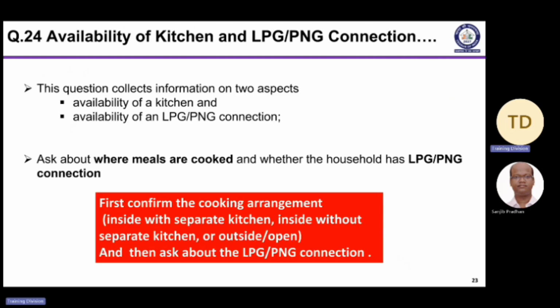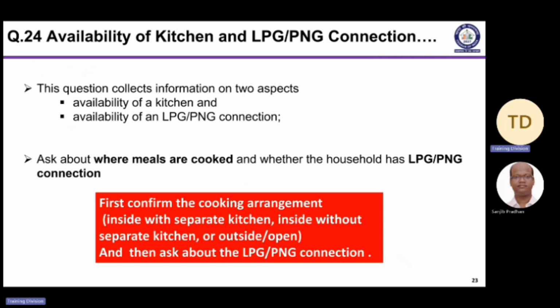Now this question is also, after the pretest, we thought that very much importance should be given, because we have seen that enumerators are concentrating only on the LPG PNG connection. They are not asking where your kitchen is, inside the house or outside the house, whether there is a kitchen or not. They just ask if there is an LPG connection, which means they are getting the answer for 2 questions. Then for the next, main fuel, they will just put it too. Just 1 question, 2 answers.